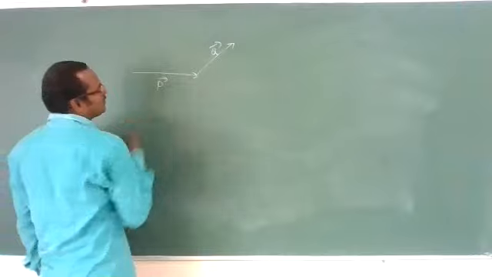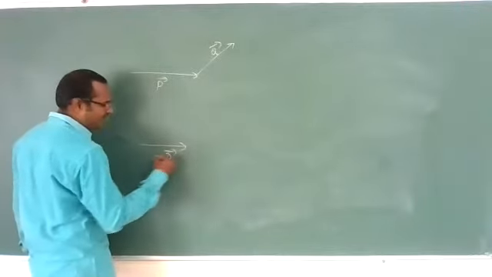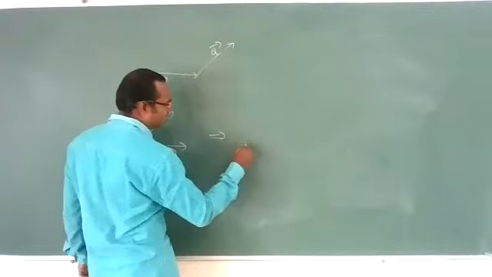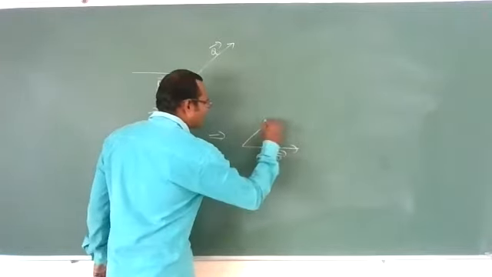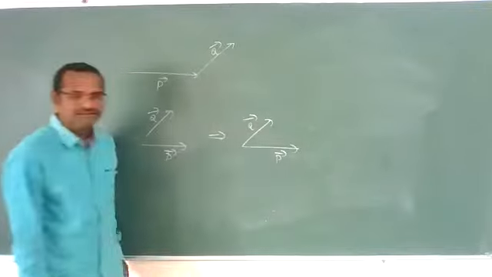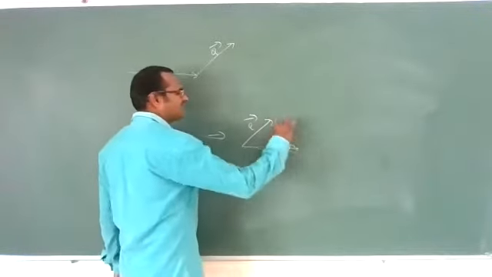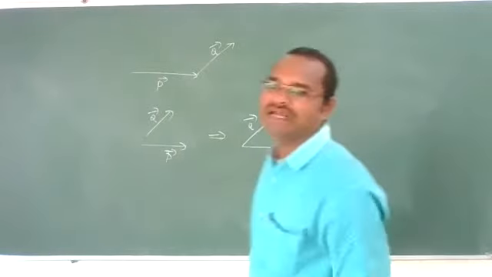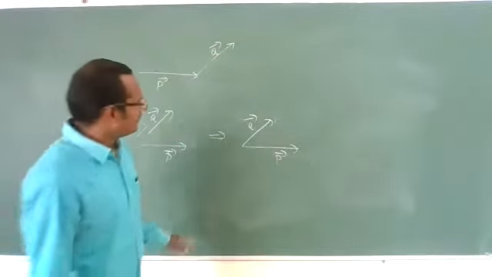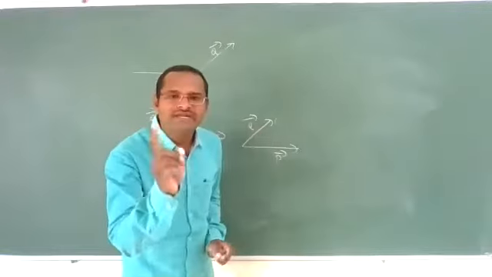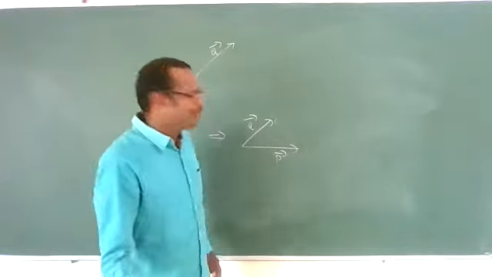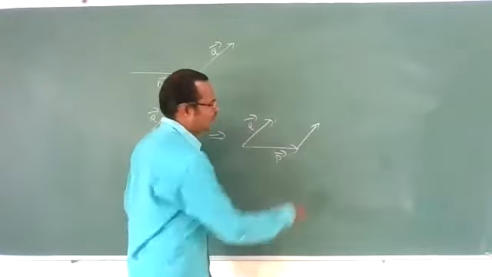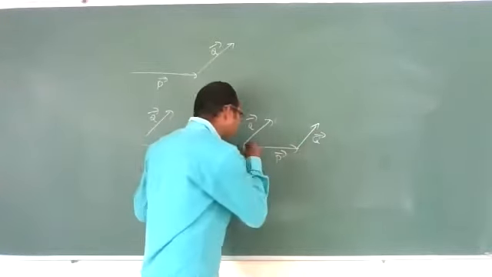Yeah. So see, first two vectors are given, P bar and another vector Q bar. Okay? So with the two vectors we can construct a triangle like this. This is the closing side. Like this we can construct. But according to the triangular law, this P bar and Q bar should be taken in one particular order. That means we have to shift this to here. Q bar should be shifted here. Then only we can construct a triangle.